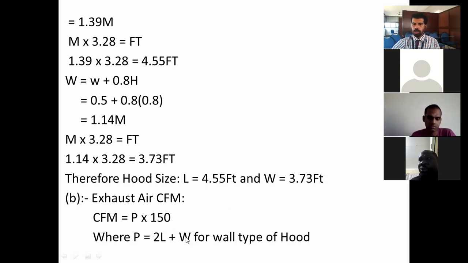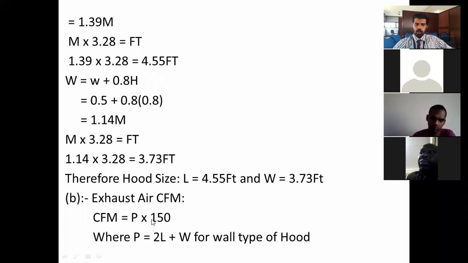You can use whatever you want, okay? You can use the formula L plus 2W also, it's not an issue. According to how you are designing your hood, you can change the formula. If you want to write L plus 2W, it's fine. L plus 2W means the length of the kitchen hood is placed on the wall. So taking 2L plus W means that the width of the kitchen hood is being placed on the wall. Wherever the length or width is placed on the wall, if it is length, exclude one length. If it is width, exclude one width. So according to that, this formula changes.